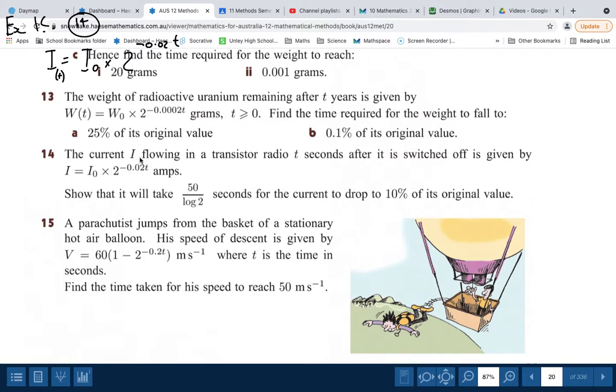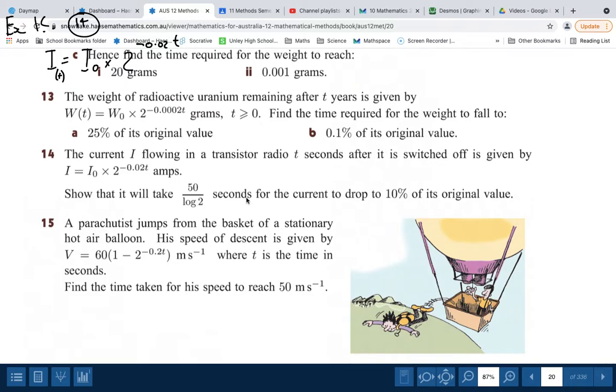Question 14, current flowing in a radio. When it's switched off, obviously that current is going to decay. And that's what we have here. We can see that in our minus power. So the amps in the transistors, the circuits, current decays down. It doesn't actually look like a particularly fast decay, well, it's in seconds, right? T seconds, fair enough. We have to show that, and this is the reason I'm picking this question, because they've left